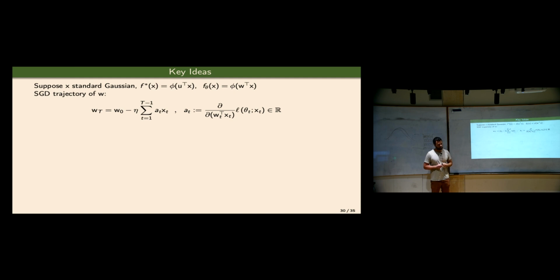So what does SGD look like? When we expand the SGD iterations, the gap between the parameters at time t and time 0 is going to be the learning rate times a_t x_t, where a_t is just the downstream gradient up to x_t, and then you get an x_t out of it. Right? This is just the chain rule. Yeah, is this okay?